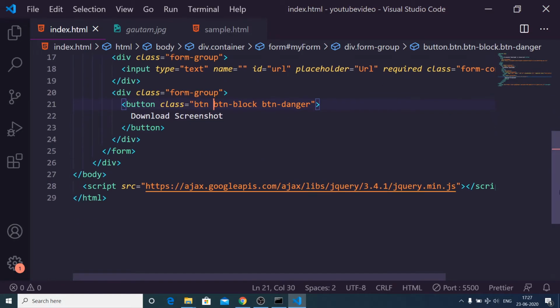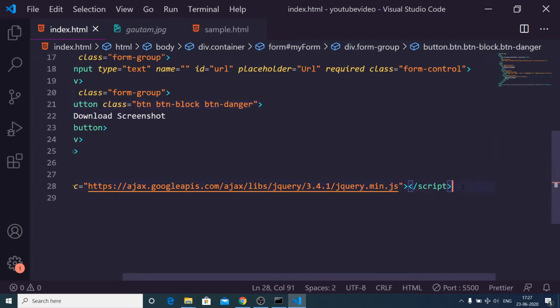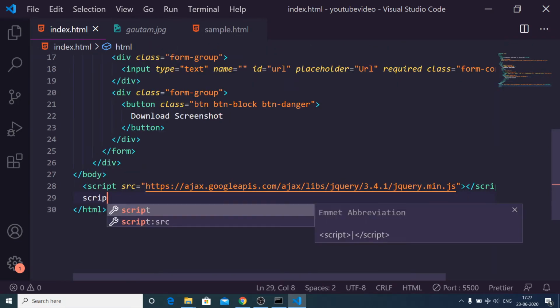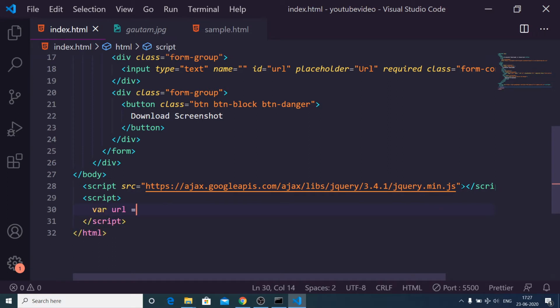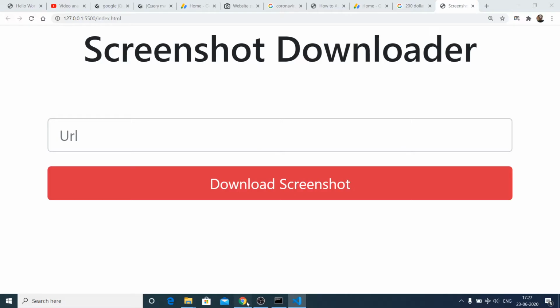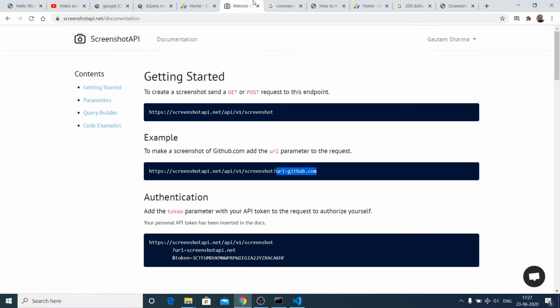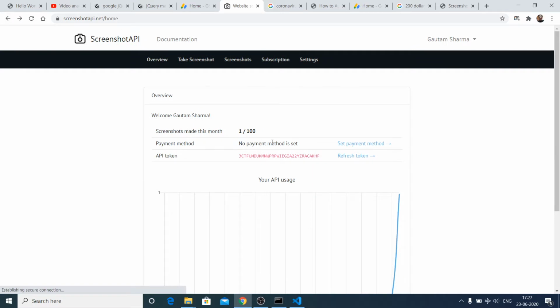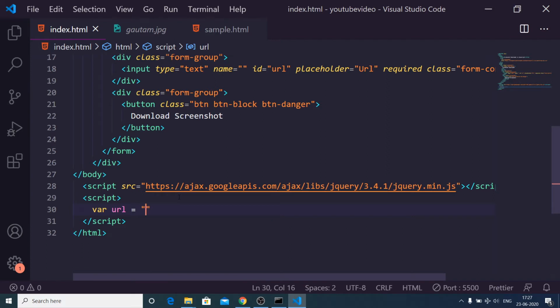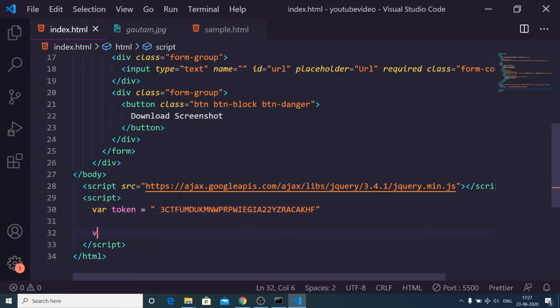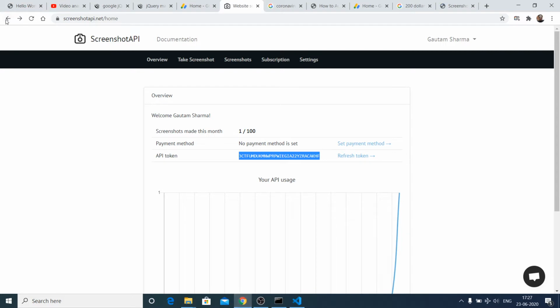Now we just need to hook up the JavaScript. After you include this jQuery, make a script tag, and first of all inside this you need to initialize some parameters. The first parameter will be the actual API token. This is my API token, so let me just copy this and store it like this. Then we will have our URL to which we will be hitting inside our application. So go back.